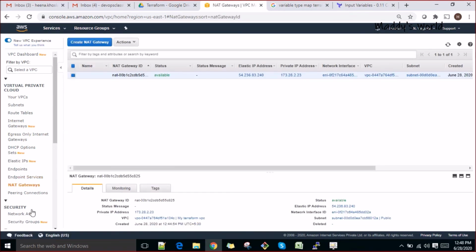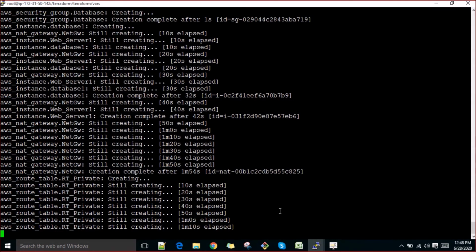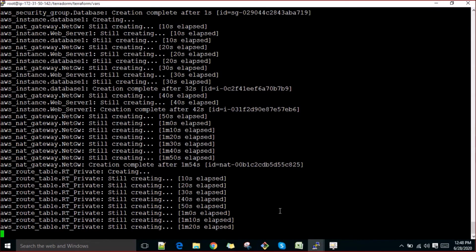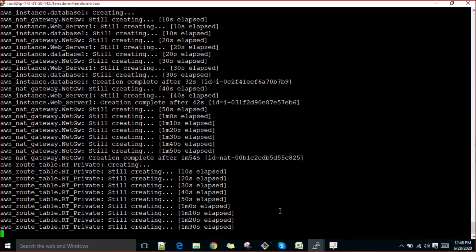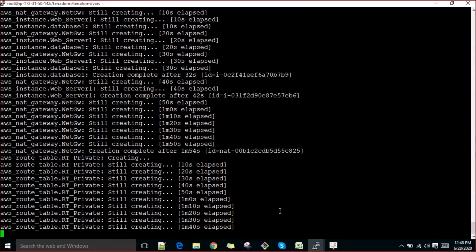In the same way, if you want peering and everything, you can take the code directly from Terraform and use it. So still it is creating. You can do anything you want from Terraform, right? And if you face issues, try finding them on GitHub and fix those issues. Most of the issues you will see are because the AMI you have specified is not available in that region. You just have to think about those things also. If you are getting some 400 errors, sometimes instances are not creating, you'll have to take care of those things also.